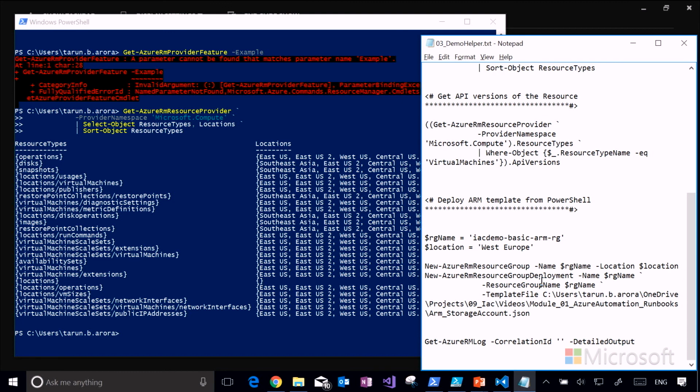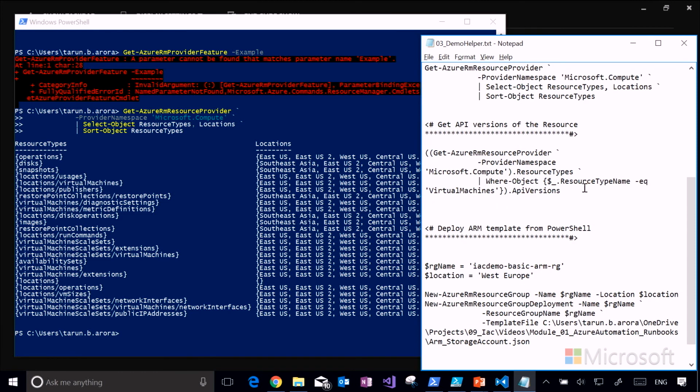Now, behind the scenes, in this demo, if I was running Fiddler, I could actually see how these PowerShell commands are translating into the API commands being run against Azure to get the results, and how the results are fed back into PowerShell. So if you run this command here,